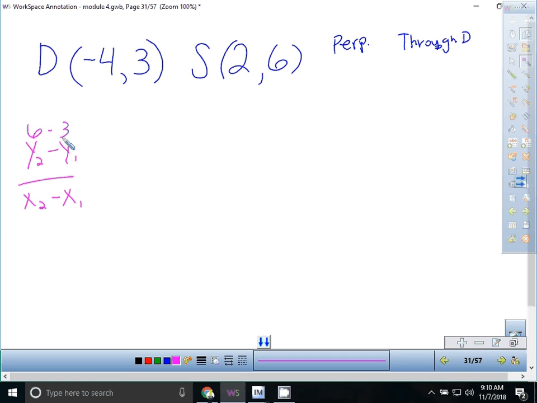Everybody agree? The biggest Y is 6, isn't it? And then since Kaylee started with the 6, you have to start with the 2, don't you? Alright, so we get 3 over 6, which is? Alright, so we use a slope of a half, right? Wait, what are you doing? Oh,